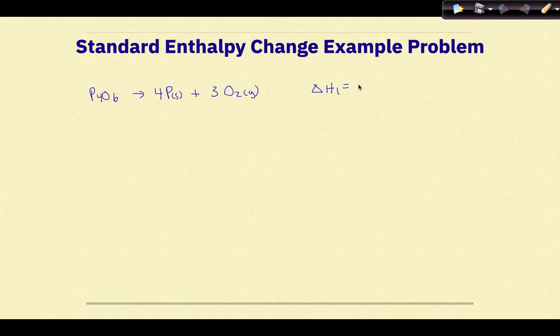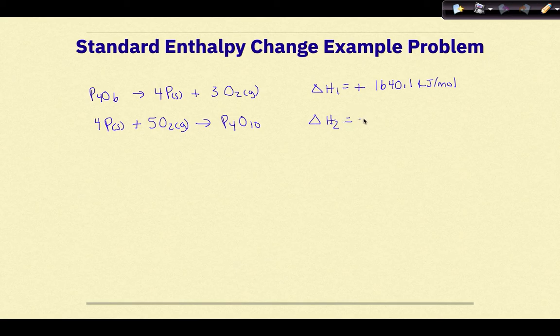Now it's going to be positive 1,641 kilojoules per mole. For my P4O10, I'm going to write it just like I did for the original formation equation. So 4P solid plus 5O2 gas yields P4O10 when its delta H2 is not going to change from what we originally had, of negative